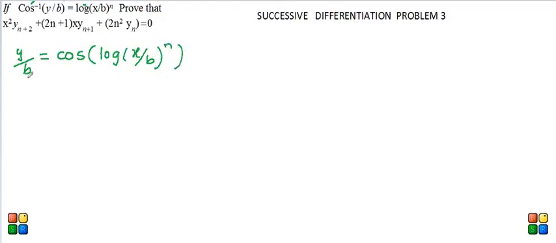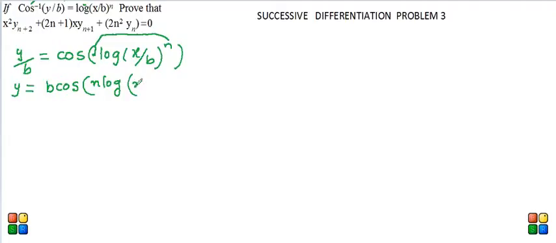Now further, y is now, this b goes to the right side, cross multiplied, b cos. This is of the form log a raised to b, which becomes b log a. So this n can be shifted and kept to the left of log in this place. So it becomes n log, and log x by b in log form can be written as n log.